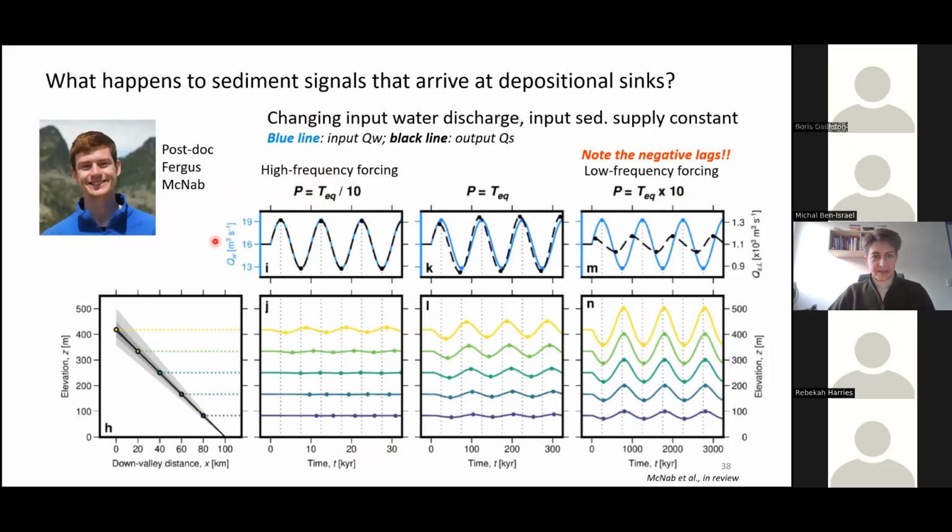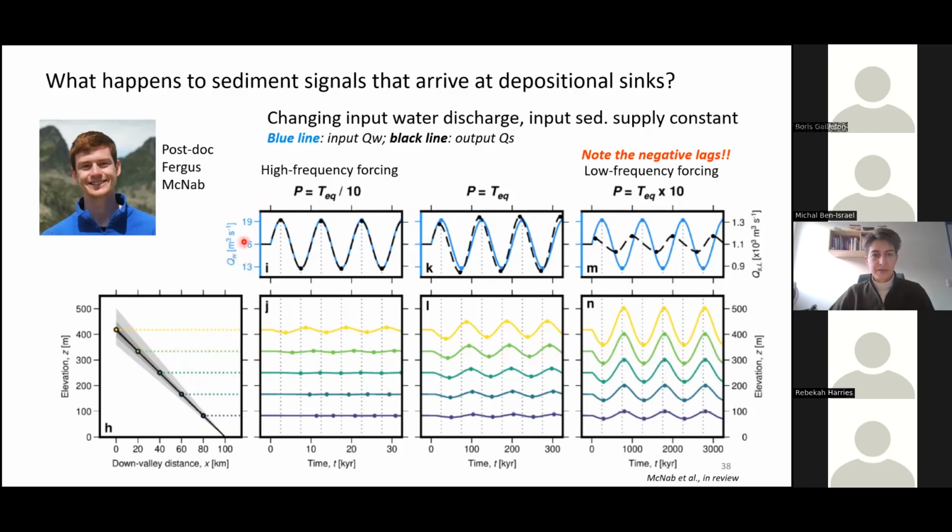So what do we see? In this case, Fergus is forcing the system with variations in water discharge. You could see down below what we've already illustrated in those little animated GIFs. We see the channel aggrading and incising as a function of downstream distance. What's very useful about these plots is that we can also see what's happening with the sediment discharge coming out